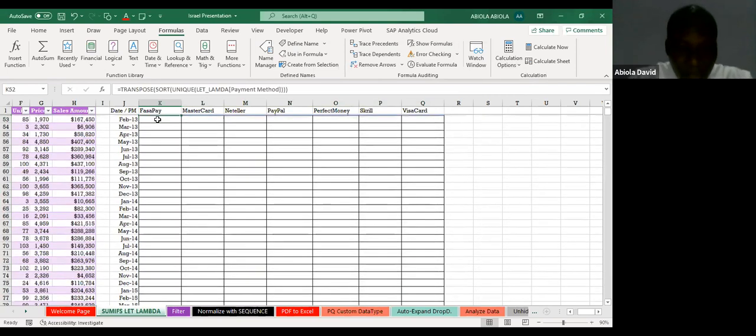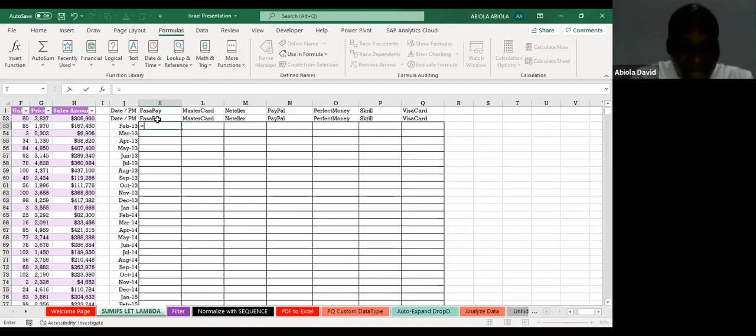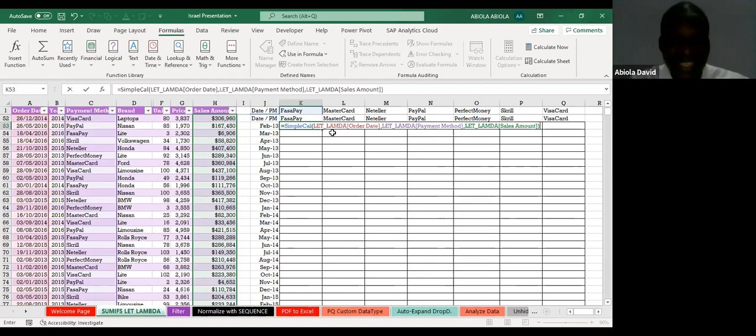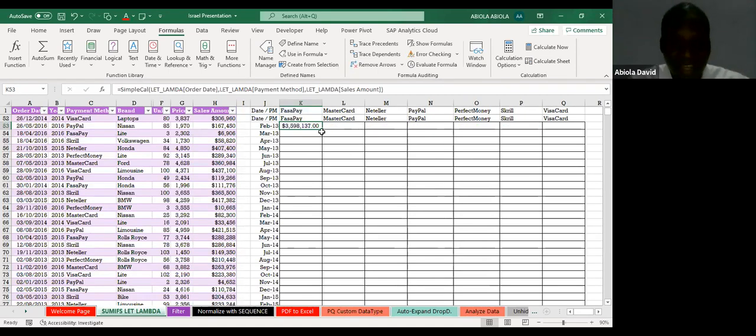Okay, equal sign, simple calc custom function. Now you can actually see we have this, open parentheses. Now I need to also give the 3 columns. I'm just going to go to the order dates, which is the first column, comma, and also the payment method and sales amount. And that's all we need. So it's quite simple, very neat, and easy to understand, although there are so many formulas behind. So Control Enter, amazing. And then Control C, and select the range,